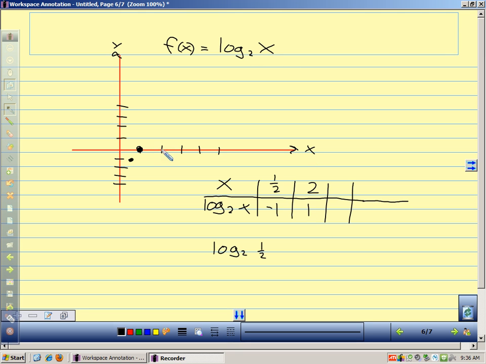So here at x equals 2, my graph goes up to here. And we'll jump to 4. The power of 2 that gives us 4 is 2. So over here at 4, we're up here at 2. So our logarithmic function